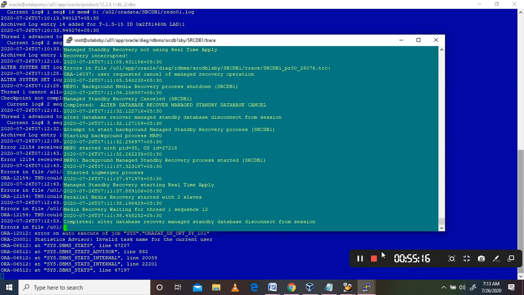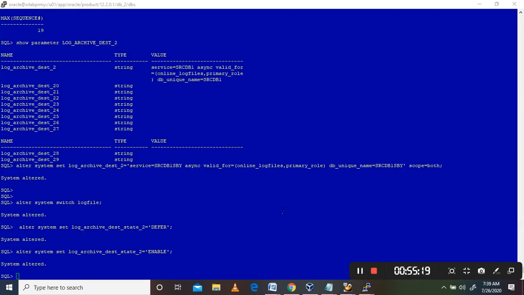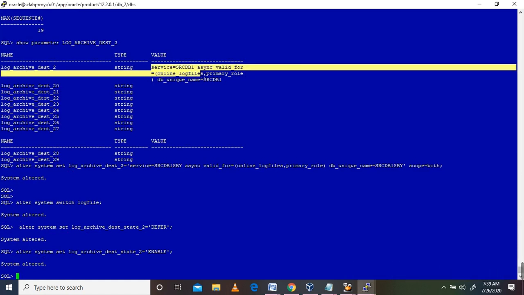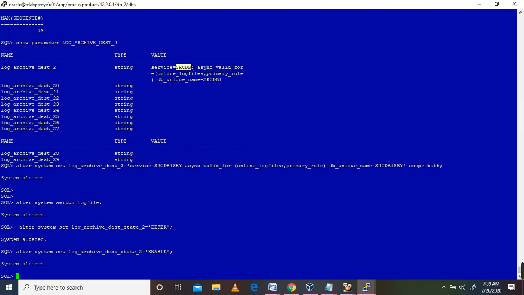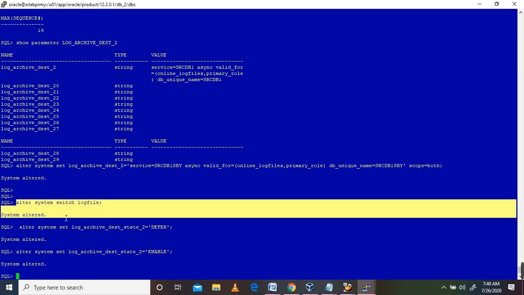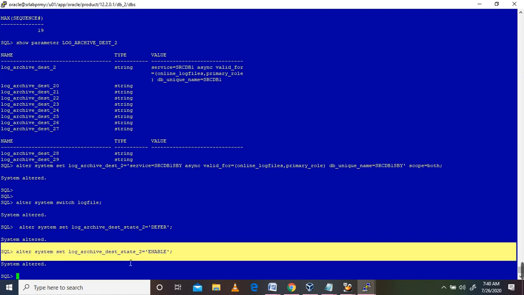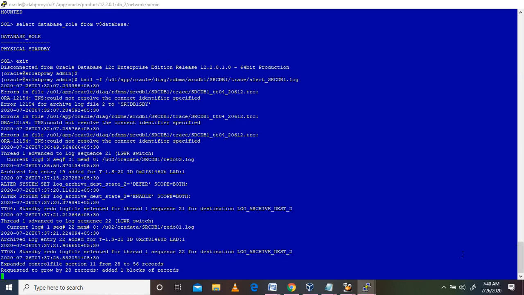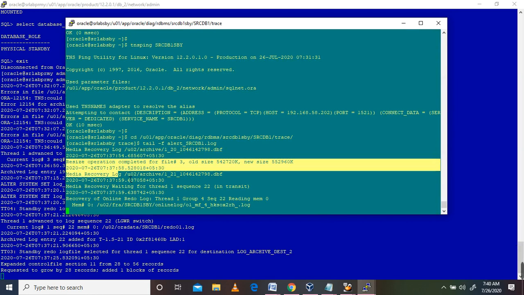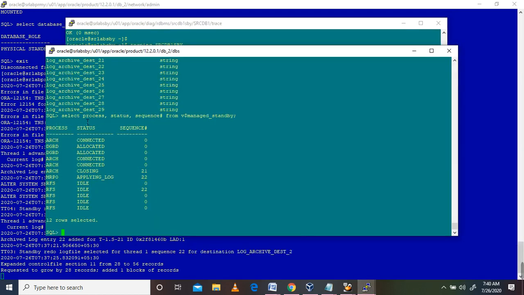Yeah, finally the database has been synced. Actually, I have changed the log archive destination service name. Here it was pointing to CDB1. So I changed the service name for SRCDB_SBY, and did a couple of switches, deferred and re-enabled. The logs are catching up, the MRP has happened, the media recovery happened, and I have also validated that the managed standby database process logs are applying.